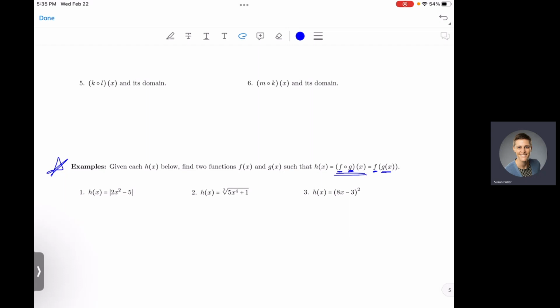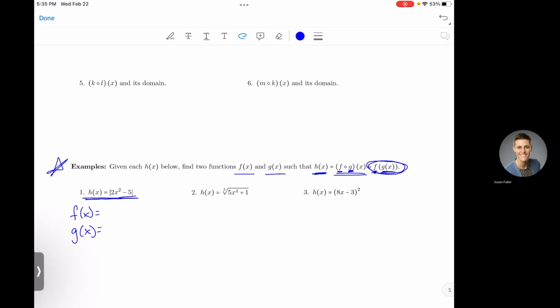And it might be a little confusing what they're asking for here. So we are given an h of x, and we need to define two functions, f of x and g of x. So we need to figure out what f of x is and what g of x is, so that h, the function that we're given, is f of g of x. So basically, that when you take g and you plug it into f, you get the function that we are given. Now, this is kind of a hard thing to make your brain do,